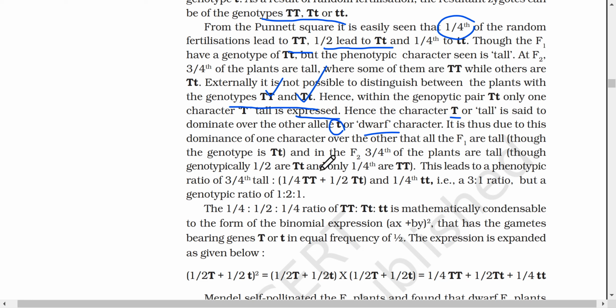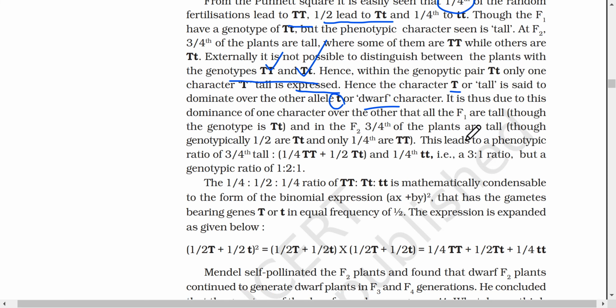It is thus due to this dominance of one character over the other. यहाँ पे हम dominance देख रहे हैं, but this is allelic, isn't it? This is allelic dominance, दो alleles में से एक डोमिनेंट होगा फॉर द सेम जीन। आगे हम कुछ और भी देखेंगे, एपिस्टासिस वगैरह. Other than that, all the F1 are tall, fine, though the genotype is Tt, and in the F2 3/4 of the plants are tall, though genotypically 1/2 are Tt and only 1/4 are TT. This leads to a phenotypic ratio of